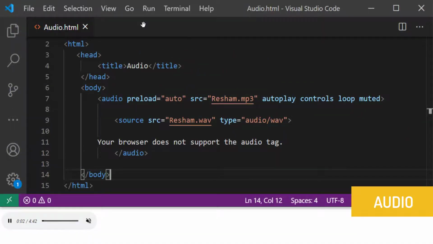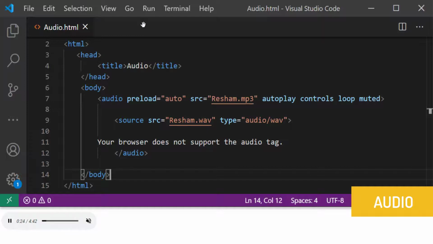The HTML pair tag audio is used to play an audio file on the web page. The source tag or the SRC attribute is used to indicate the variation of the same audio file. The path to an audio file can contain an absolute or relative URL. The text between the opening and closing audio tags will only be displayed in browsers that do not support the audio element. The audio tag uses the same attributes as video tags, which are autoplay, controls, loop, muted, preload, and SRC.